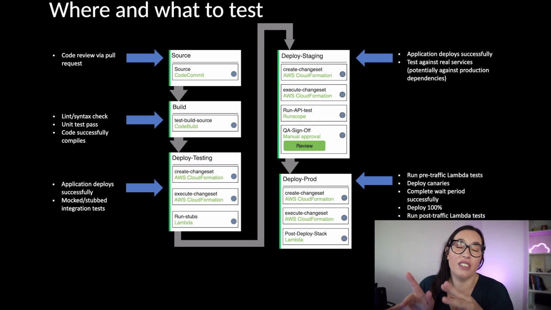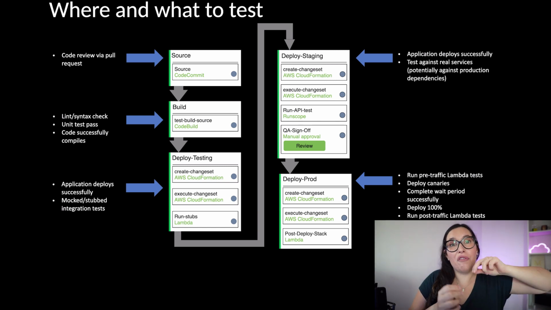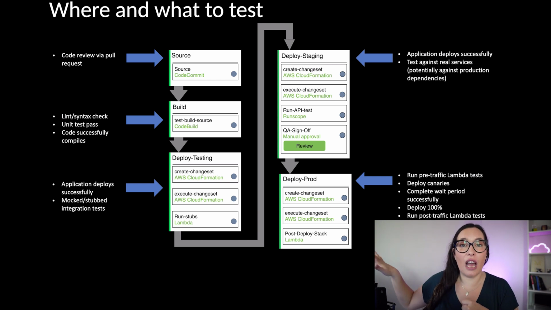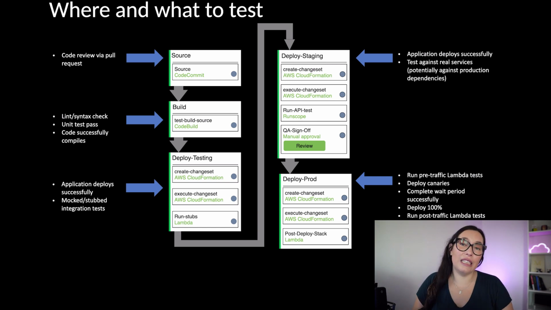For running integration tests, I like to use Lambda functions. Lambda functions are great. You can integrate them directly in the code pipeline as an action within the pipeline. You can pass parameters in and you can pass parameters out. So it's a really easy way to do integration tests without needing to have a server or anything